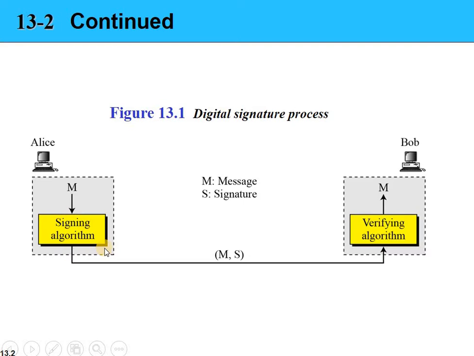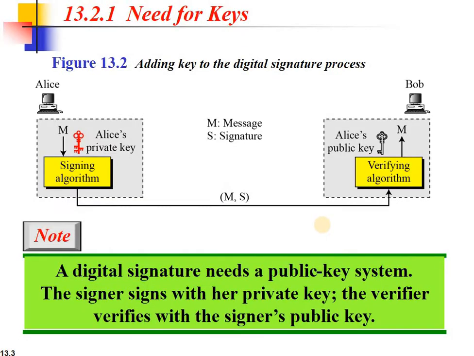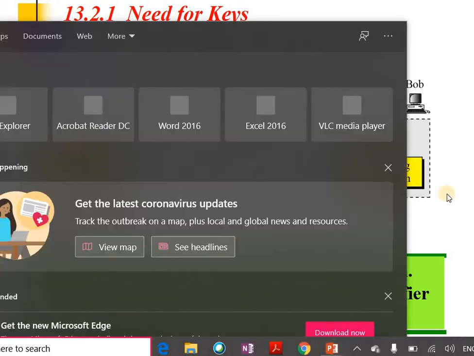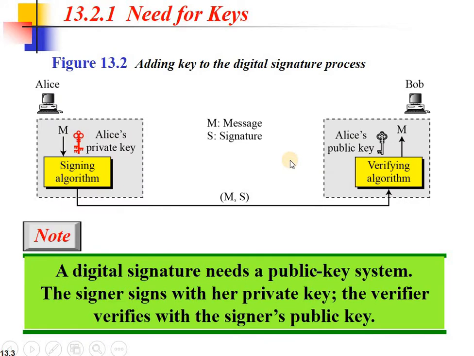In the signing algorithm and the verifying algorithm, there are no keys used, like the public and the private key. So in order to make it more secure, certain modifications have to be done. We have to include keys, and as I told you, in the digital signature we have to use the sender's private and public key. At the signing algorithm, the sender uses its private key to create the signature, and in the transmission medium, two things have to be transmitted. The first one is a message and the second one is a signature.